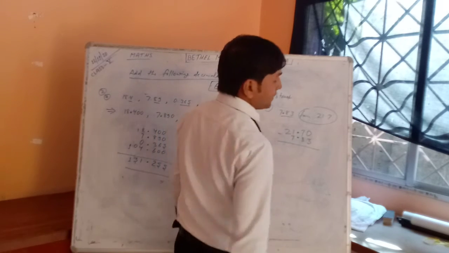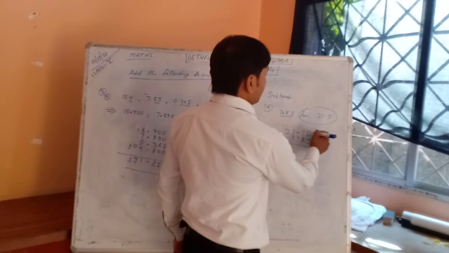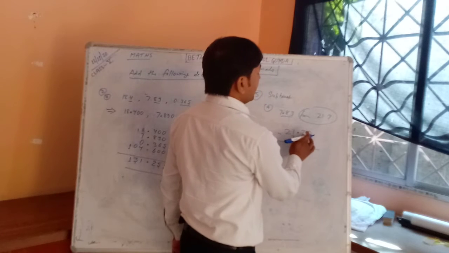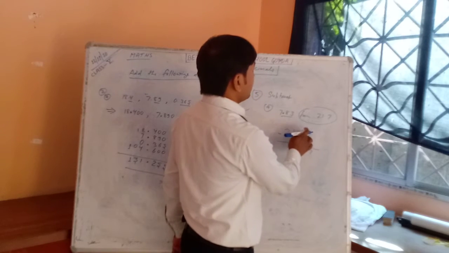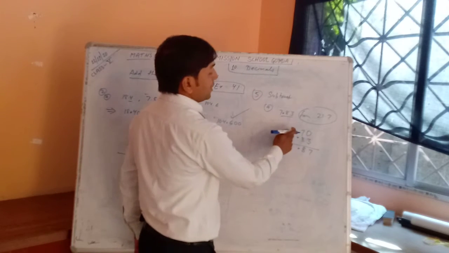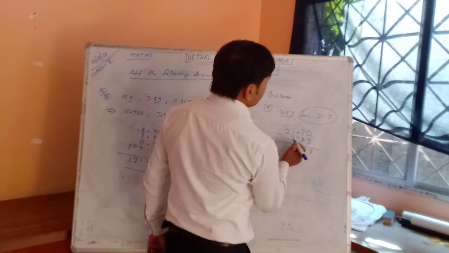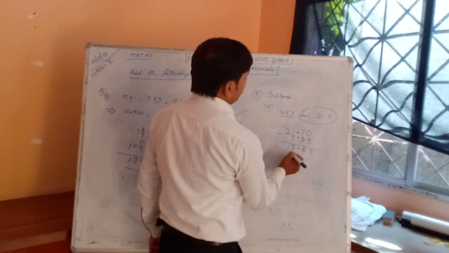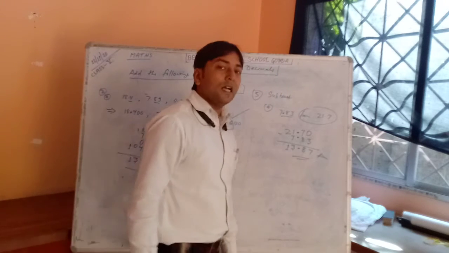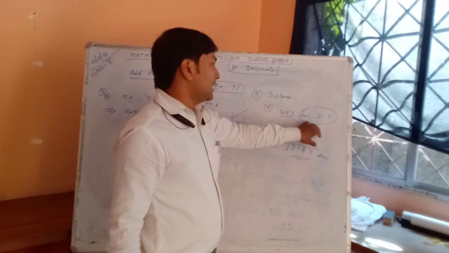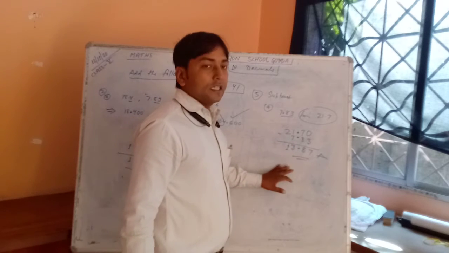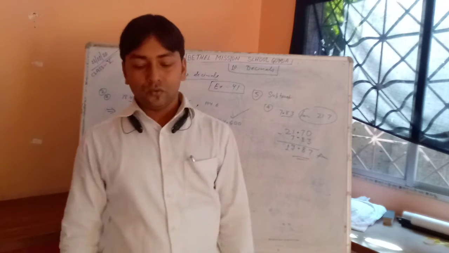Now subtract: 10 minus 3 is 7, and it became 6. So 16 minus 8 is 8, and it is 0. So 10 minus 7 is 3, and here 1. The answer is 13.87. The number written with "from" we have to write first, and then write the other number this way, and we can do it.